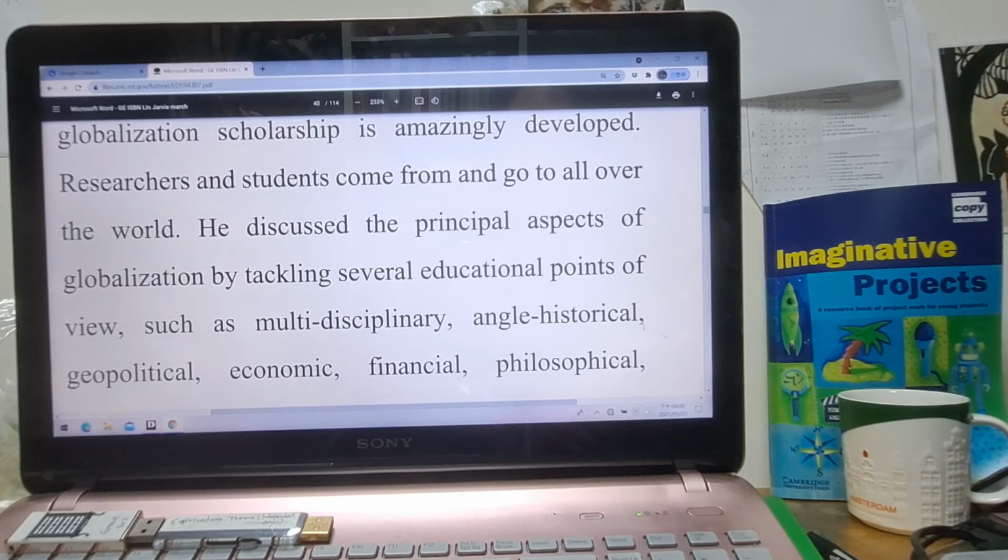Researchers and students come from and go to all over the world. He discussed the principal aspect of globalization by tackling several education points of view,